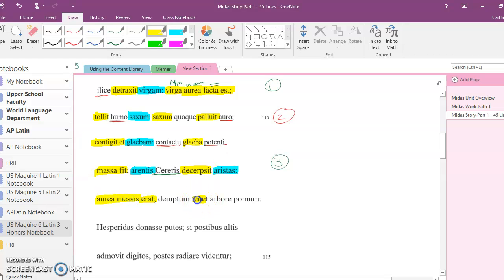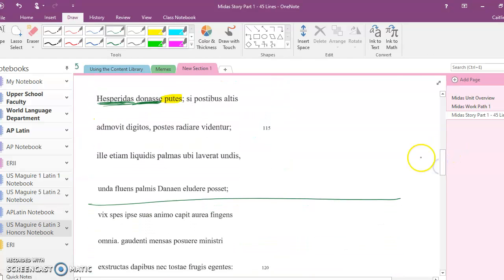Okay? New thing, what else does he do? He holds, what does he hold? An accusative. A pomum, having been taken down from an arbore. And again, he's going to do something different here. You would think that sets me up for an indirect statement. It's got an accusative, Hesperidas, and an infinitive, dedisse. You would think that the Hesperides, daughters of Atlas, had given that apple, right?